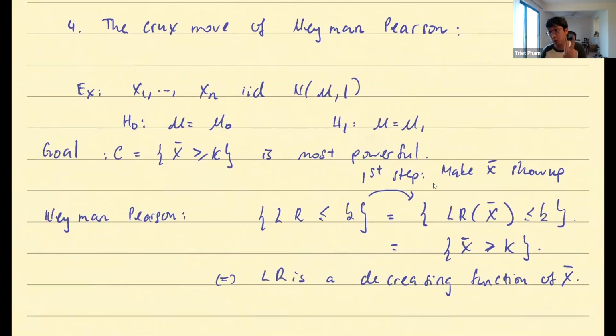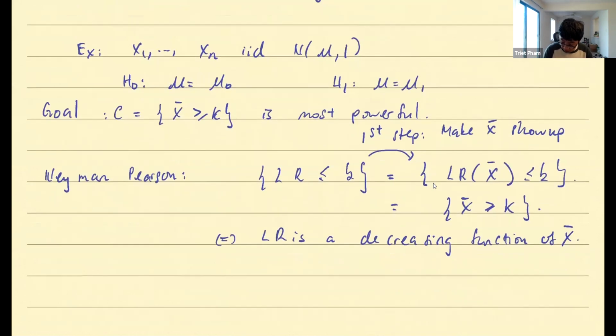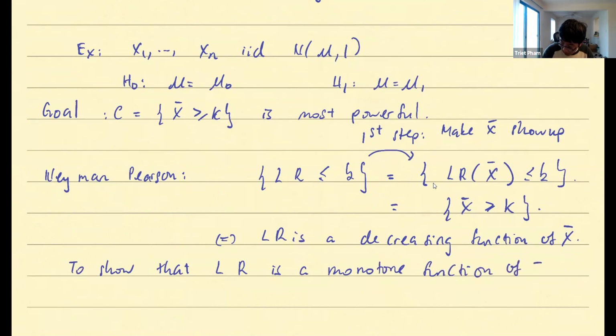I guess there are two crux moves. The first is to make sure that your test stats show up, I mean the intuitive stat, because if it doesn't show up, then how do you make the link? So first make it show up. But after you make it show up, then just verify that the relationship holds, and that's it. So the crux move is to show that LR is a monotone function of T of X,